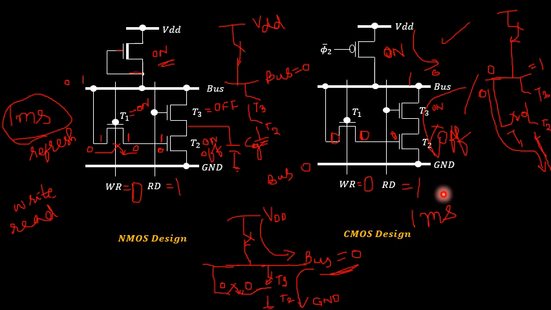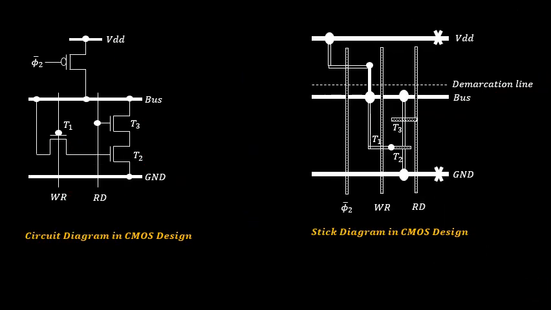So from an exam point of view, you are supposed to draw the circuit diagram. Also you need to draw the stick diagram, which I will be explaining. This is the stick diagram which I have shown only for the CMOS design. You can try out the NMOS design also, which I will explain how to draw. The circuit diagram I have carried from my previous slide, with the write signal, read signal, everything. Here you have the gate terminals, the control signals you apply, in terms of phi 2 complement, write signal as well as read signal.